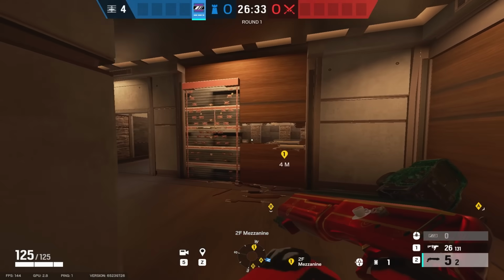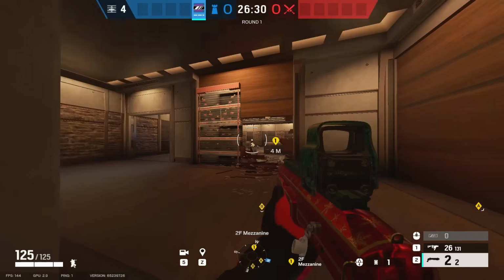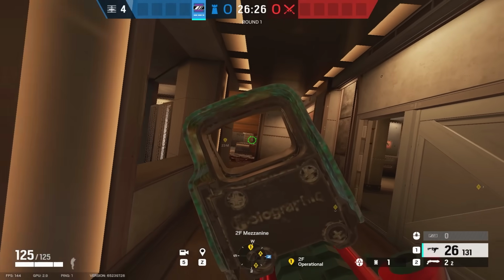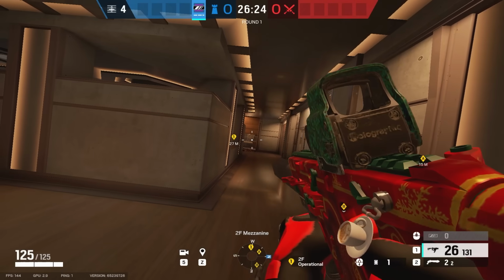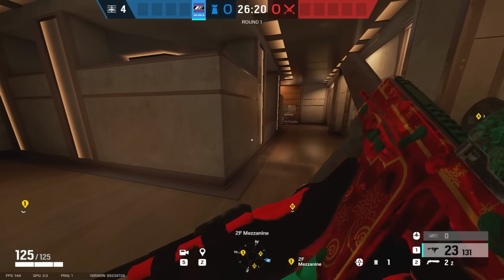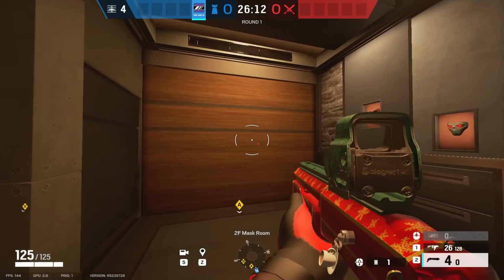But okay, so let's pretend that Buck opened this. Yeah, so Buck opened this, and now they have line of sight. They could play... Ooh. Look at that. They could play... Ooh. They could cut off this whole rotate. I'm dead. Wow, yeah, that's crazy. But, lo and behold...